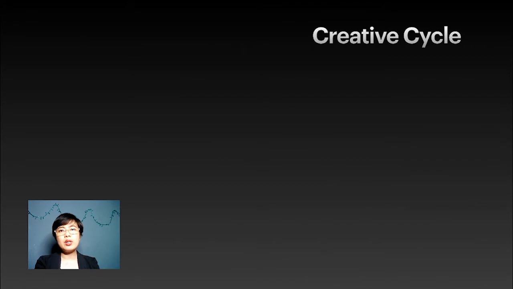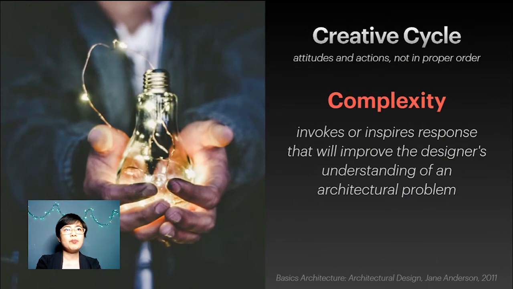Now, we are going to discuss the creative cycle. Ang creative cycle naman na i-discuss natin, hindi siya in proper order. Bakit? Kasi, pwedeng ginawa mo na yung design, and then, may nakita ka na concept, and then, may nakita ka na mas applicable, or yung nauna mong idea, hindi pala siya yung talagang solution that you need. So, i-develop. So, umiikot itong cycle na to. You keep going back and forth hanggang sa makuha mo yung design that you really need and kung ano yung pinakaswak doon sa design problem.